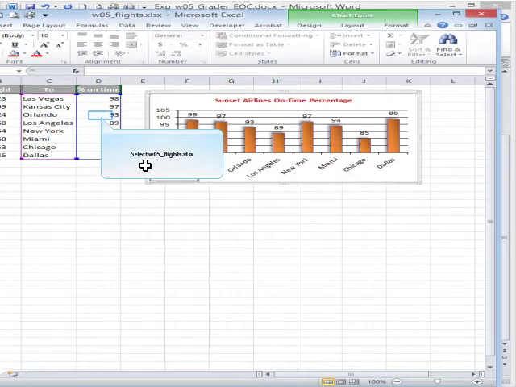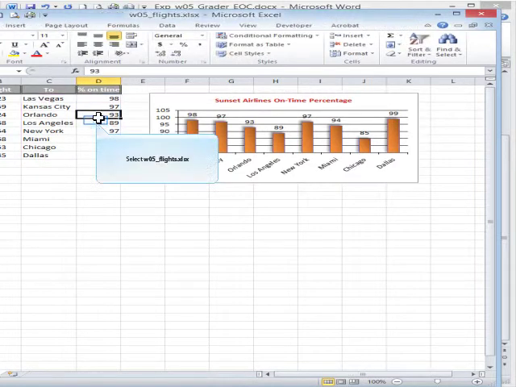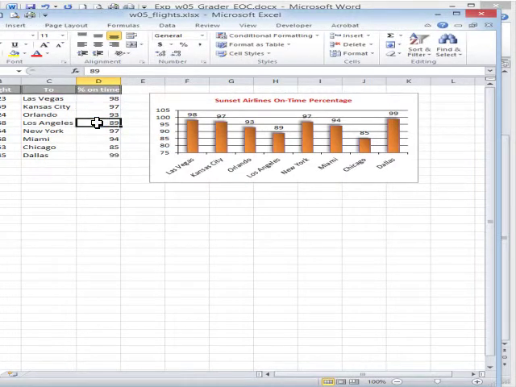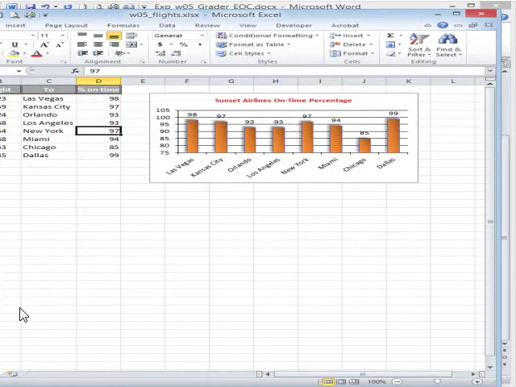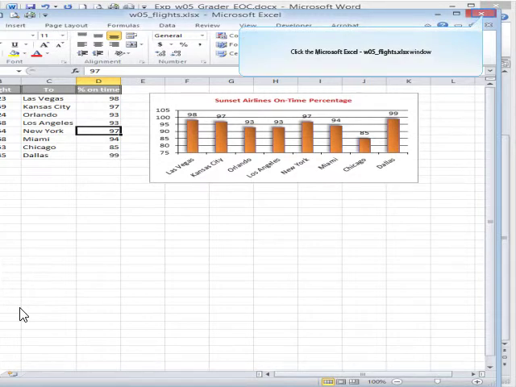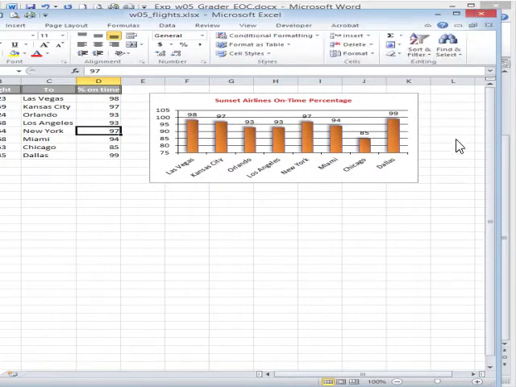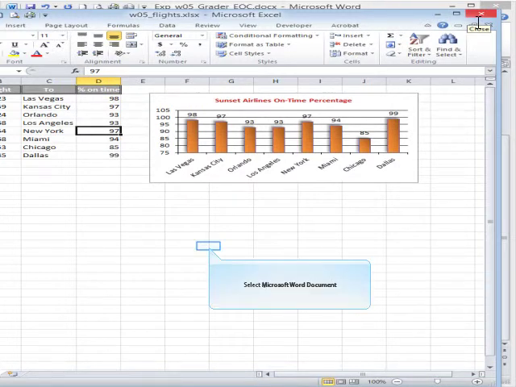and change the value in D5. I'm going to go in D5 here, and I'm going to change that to 93. So I'm going to do 93 and I'm going to hit enter. I'm going to save the document and close the workbook. And what that should do, if I've done it properly, is eventually update the chart in a